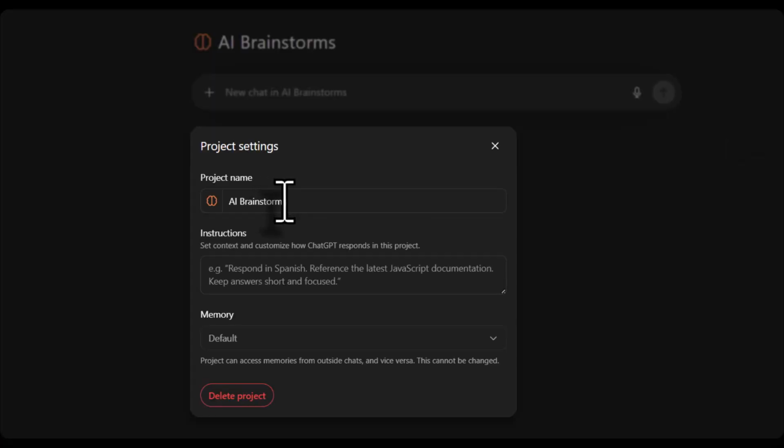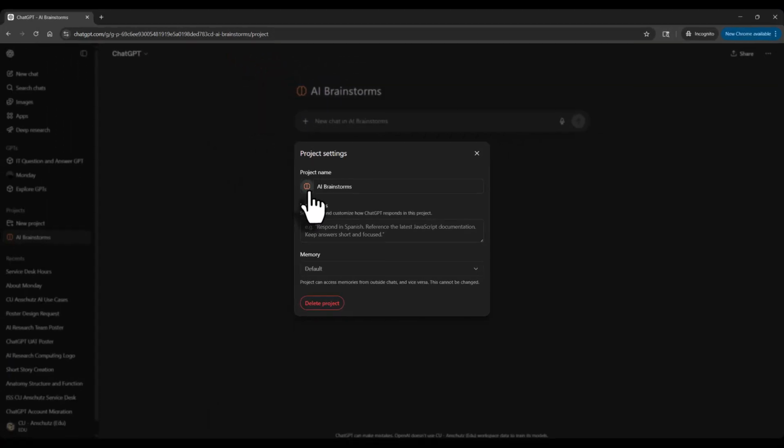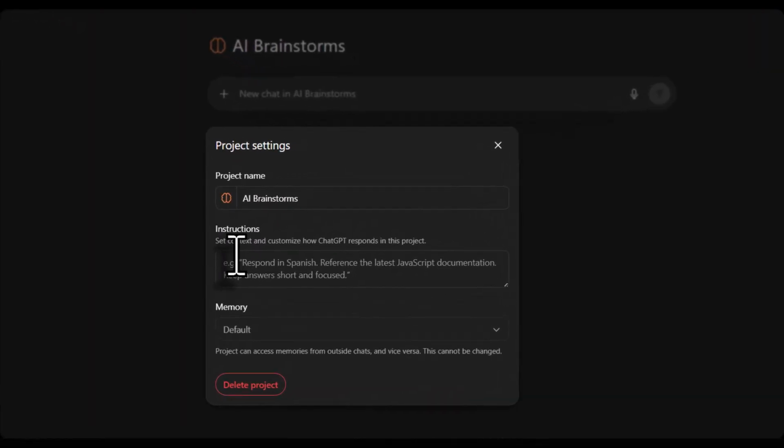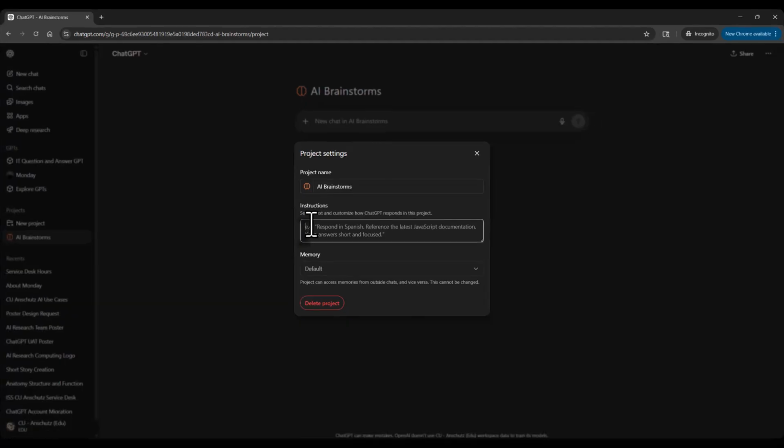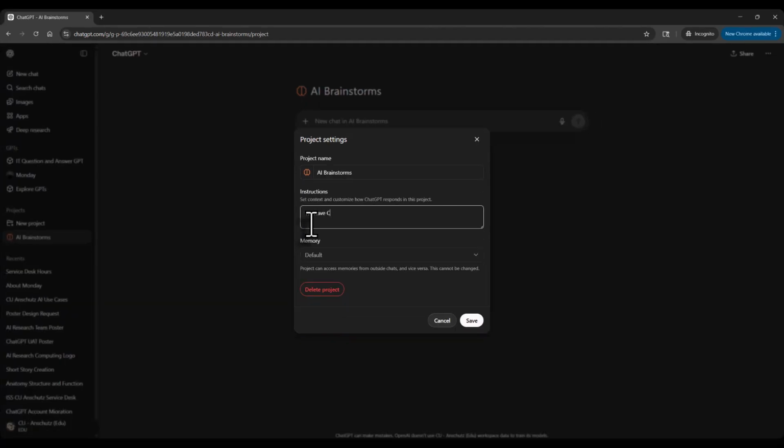Doing that, you will be able to rename the project, change that color and emoji associated with it, and then, importantly, have the instructions for the project. So this can help make it a little bit more focused and customized for what responses you are looking for. So I will say we have Microsoft Copilot and ChatGPT EDU as AI offerings for this project where I will